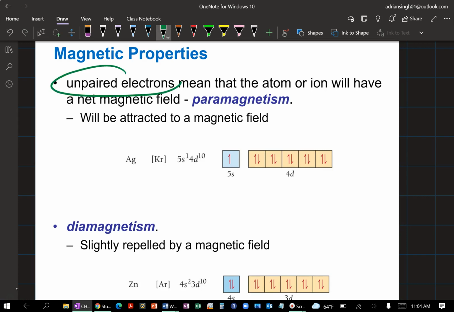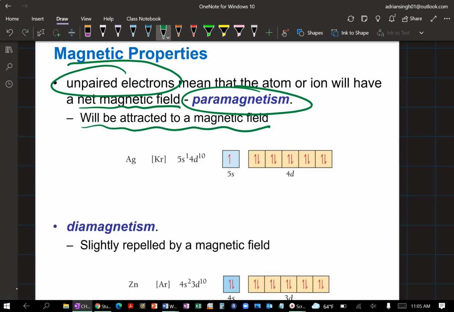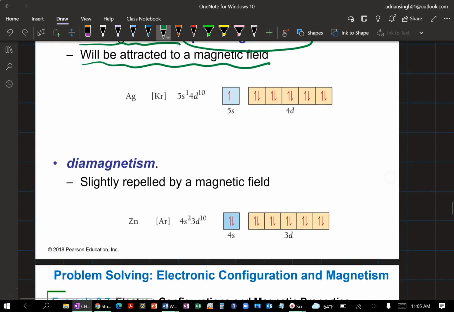So when you have unpaired electrons, that actually means that that particular species, atom or ion, will have a net magnetic field, because that unpaired electron doesn't have another electron to counter it. So we refer to that as paramagnetism. And what that means is that chemical species will be attracted to a magnetic field, right? So that's a physical property of a chemical species, the fact that it interacts with that magnetic field based on the electrons being unpaired. If all of the electrons are paired,